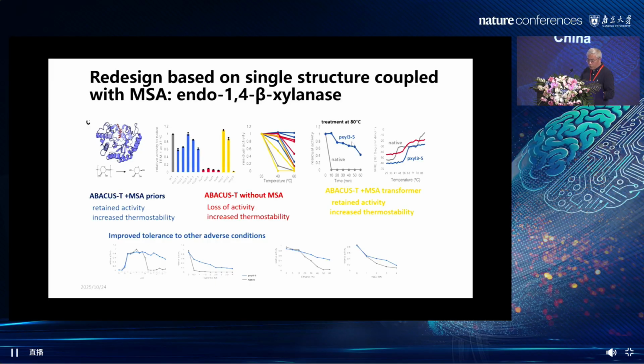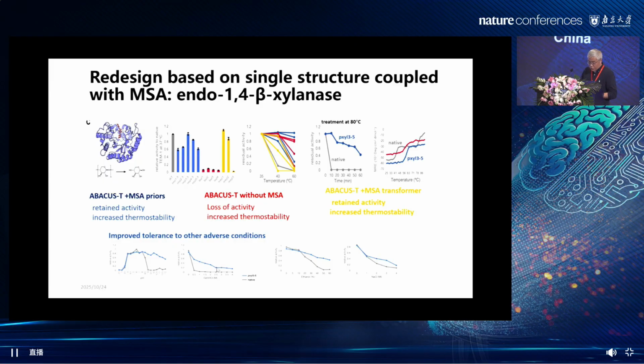Also, this protein is thermodynamically very stable, so it can resist treatment at 80 degrees, but the wild-type loses activity after 10 minutes. And this protein can tolerate other adverse conditions, probably because of enhanced structural stability, like high pH and